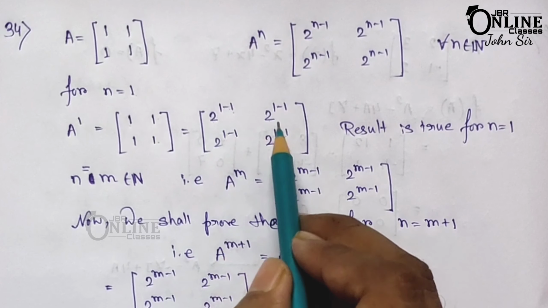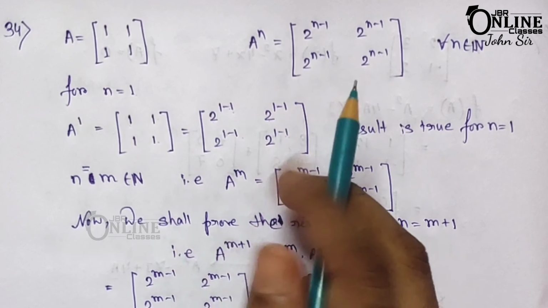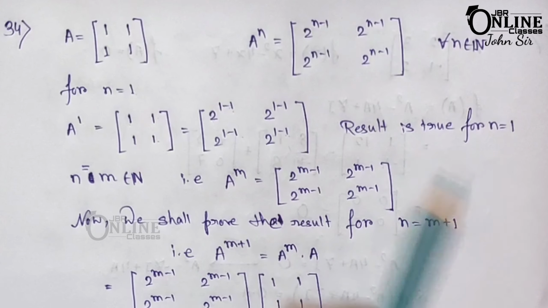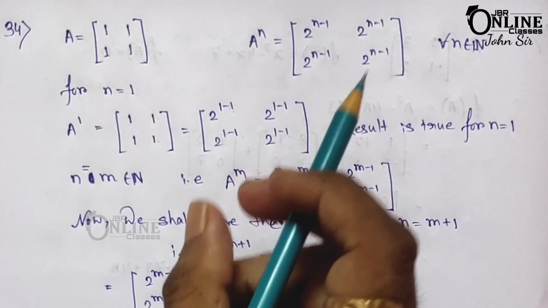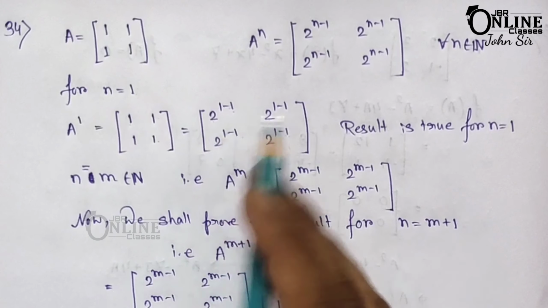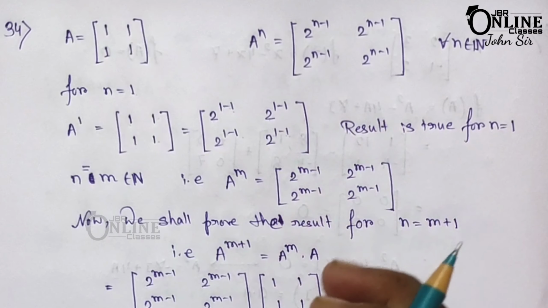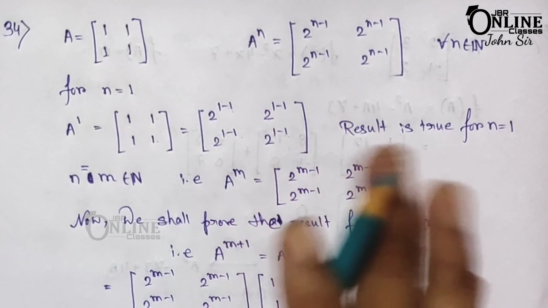So here 2^(1-1), 2^(1-1), 2^(1-1), 2^(1-1). अब मैंने ऐसा क्यों लिखा है, क्योंकि देखिए यहाँ पर जो मैट्रिक्स दिया हुआ है, उसी मैट्रिक्स का फॉर्मेट अगर सेम रखना है हमको, तो मुझे ऐसा ही लिखना होगा. इसीलिए मैंने यहाँ पर 2 to the power 1 minus 1 लिया है. मैं तो यहाँ पर 3 to the power 4 to the power ले सकता हूँ, बट मुझे ये दोनों मैट्रिक्स सेम चाहिए, एकदम सेम टू सेम फॉर्मेट लाना है, इसीलिए मैंने सेम टू सेम लिखा है.